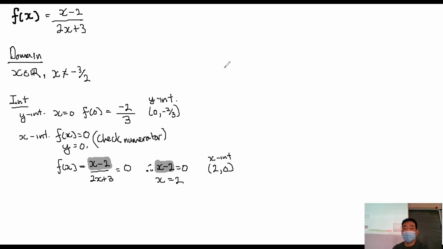All right, asymptotes. Here's a little bit of a special note, because as I said, if you do the asymptotes correctly, you already know what the end behavior is, okay? So you can just say asymptote, and you don't have to worry about the E later on. Asymptote. All right, let's do the vertical. Vertical asymptote